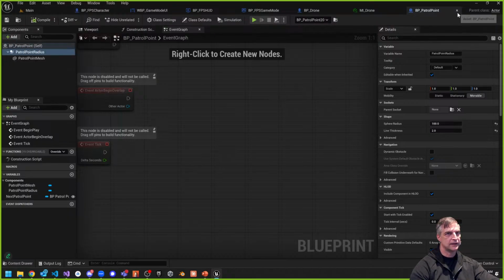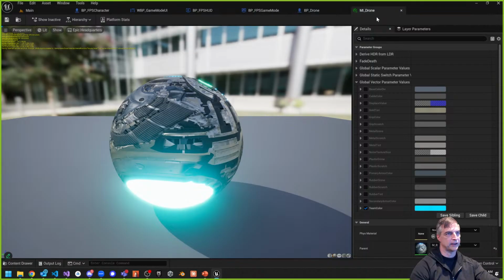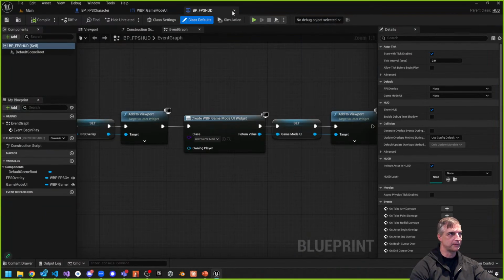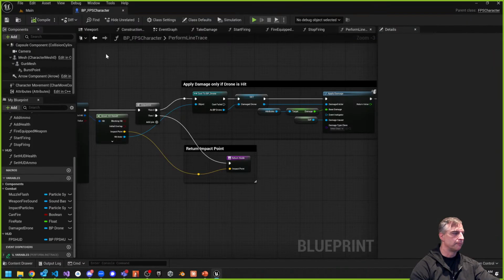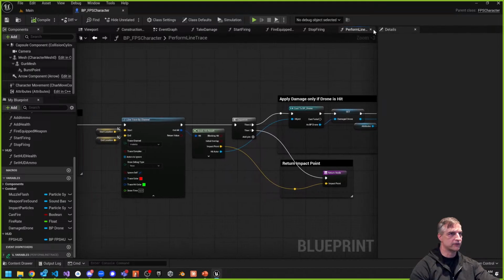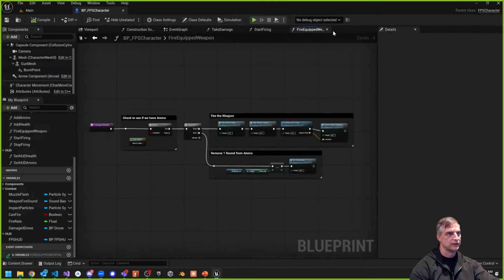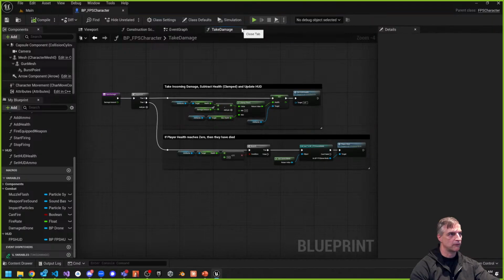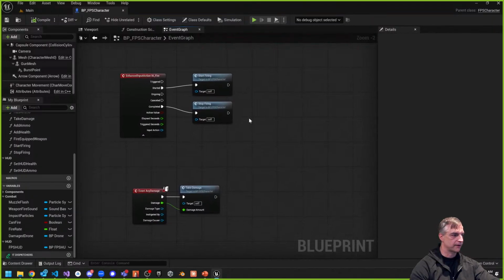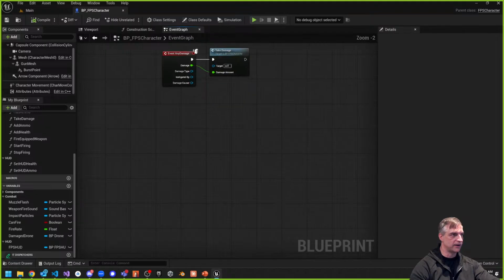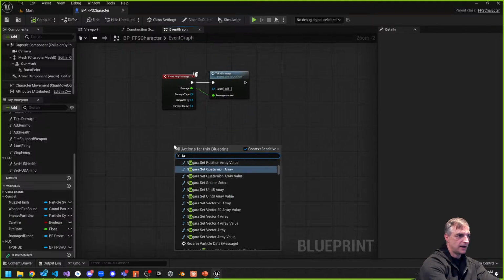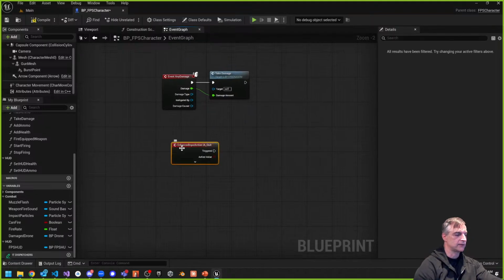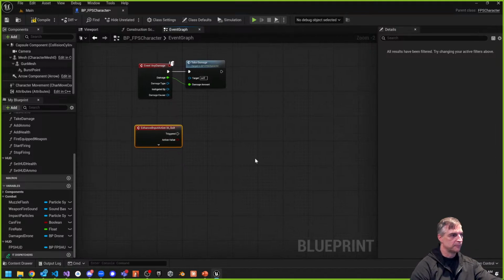Okay. Let's clear some of these things. I've got a lot going on here at the top, right? But for the character, I also have quite a few functions open. Let's just look at the event graph. And what I want to do is add a new event, IA quit. Here it is. Here's the quit, right? And